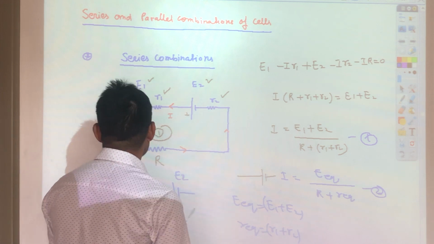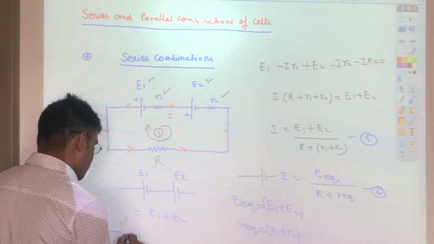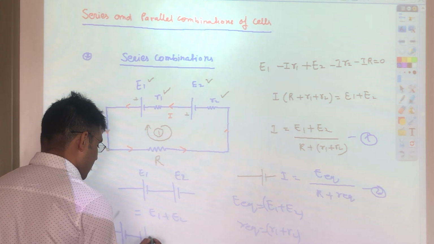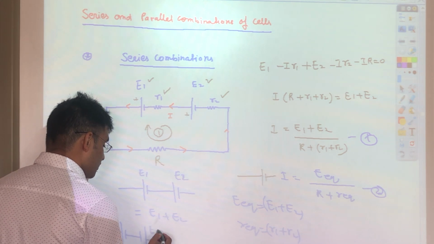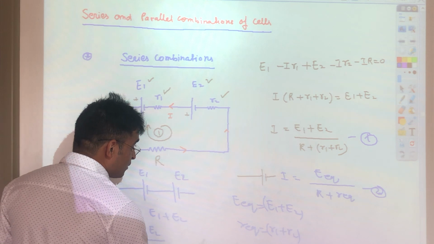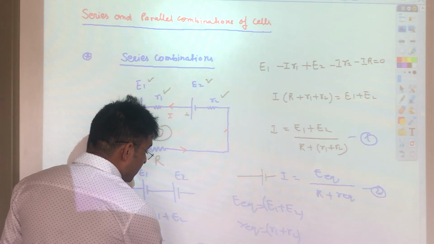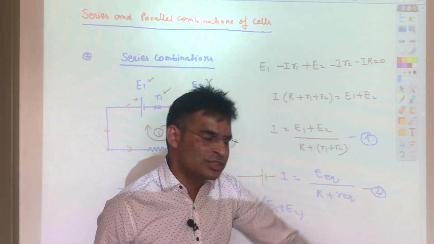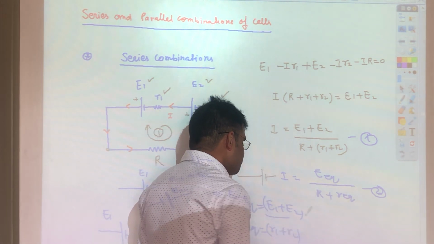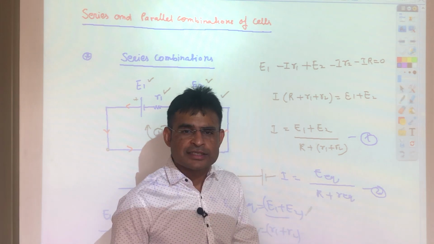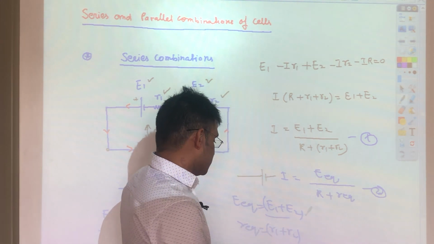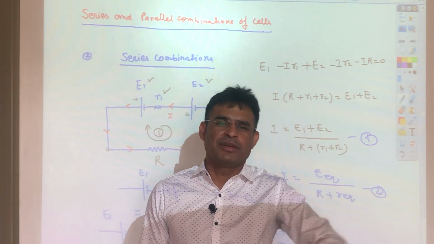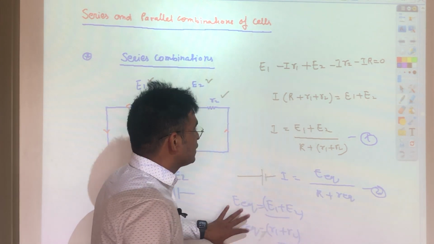That's fine. But if I take another case, where the first battery is like this and the second battery is like this, this is E1 and this is E2, then in this case that will be E1 minus E2. So in a series combination you need to add according to polarity, so be careful about the plus and minus signs. For R1 plus R2, resistance has no polarity, so resistances you can simply add. So that is the series combination.